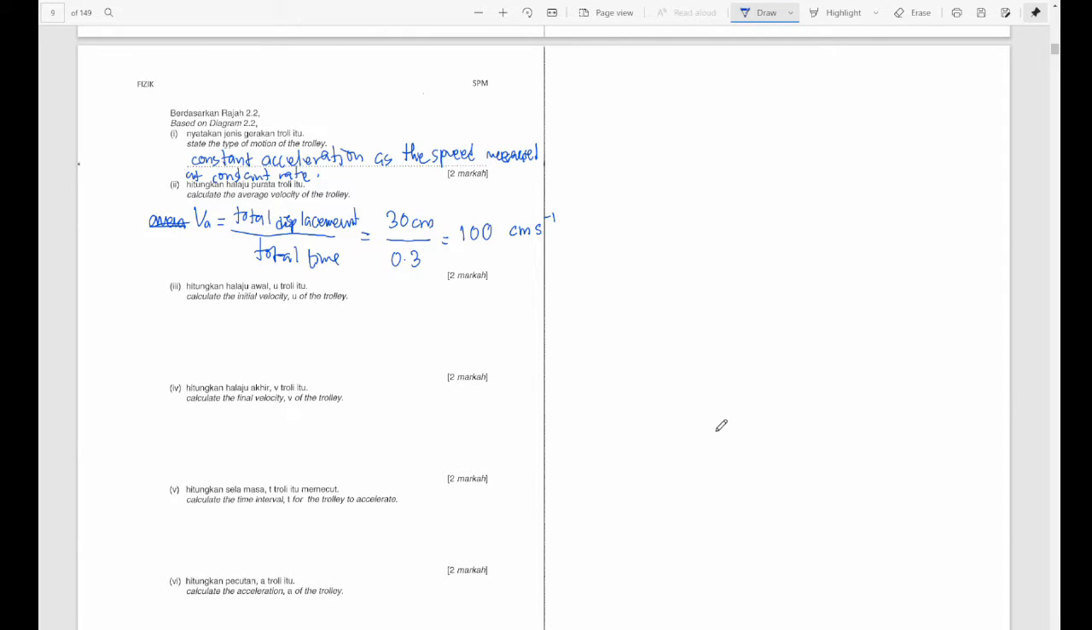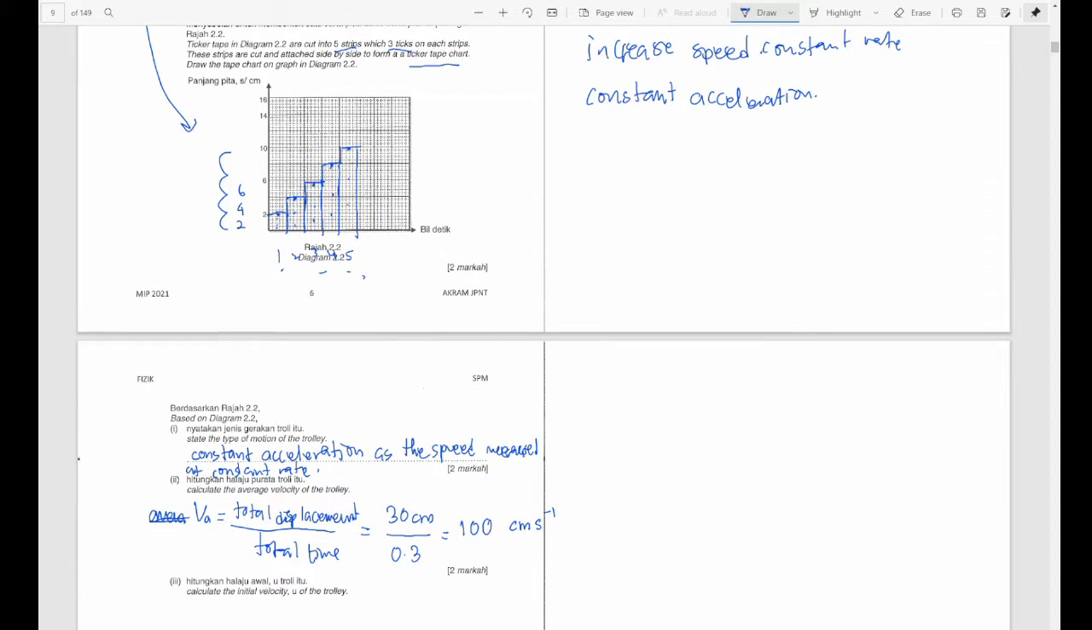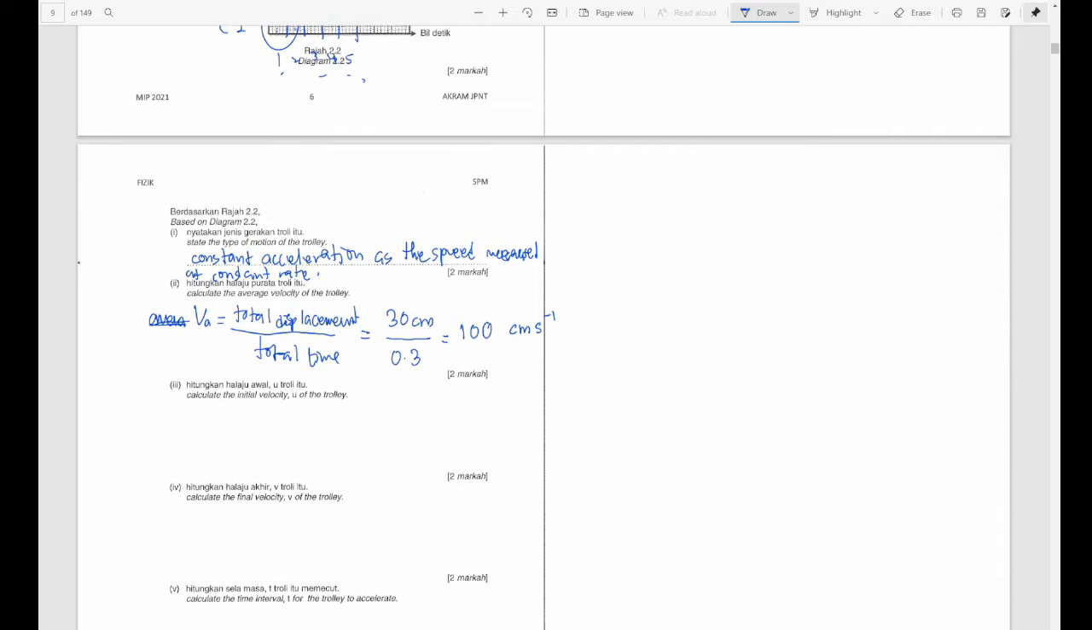Okay, next question 3, B3. Calculate the initial velocity, U, of the trolley. The initial velocity, we just need to look at the first strip. This one. The length of the strip is 2 cm, and for the time, we have